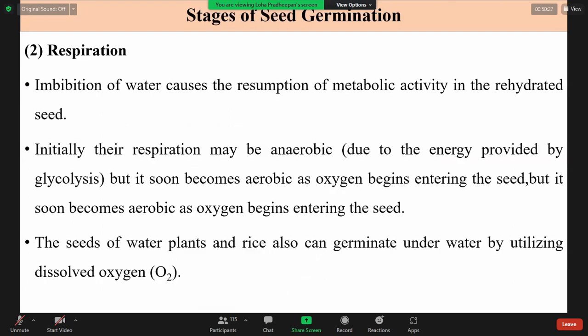Division, the absorption of the water into the seed, that is the imbibition. If we put the seeds first, that is happening because soil is having the moisture,